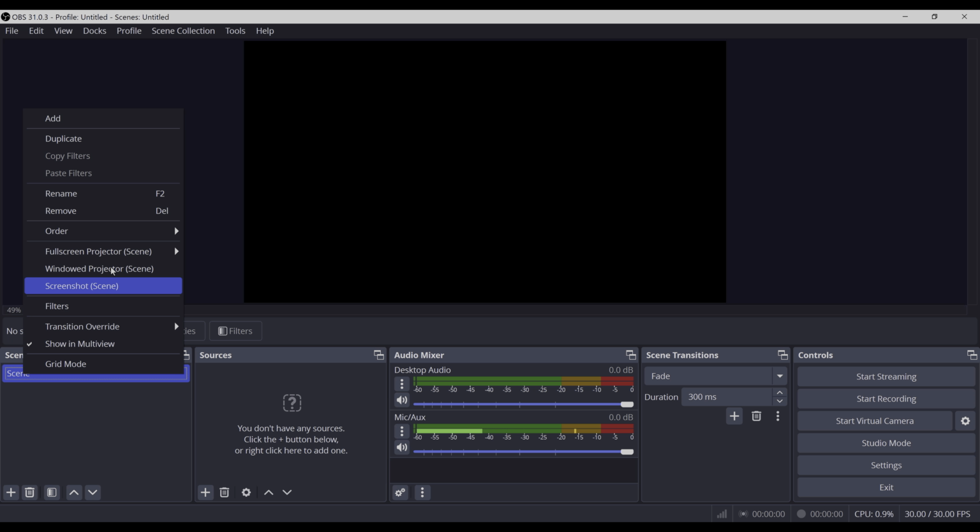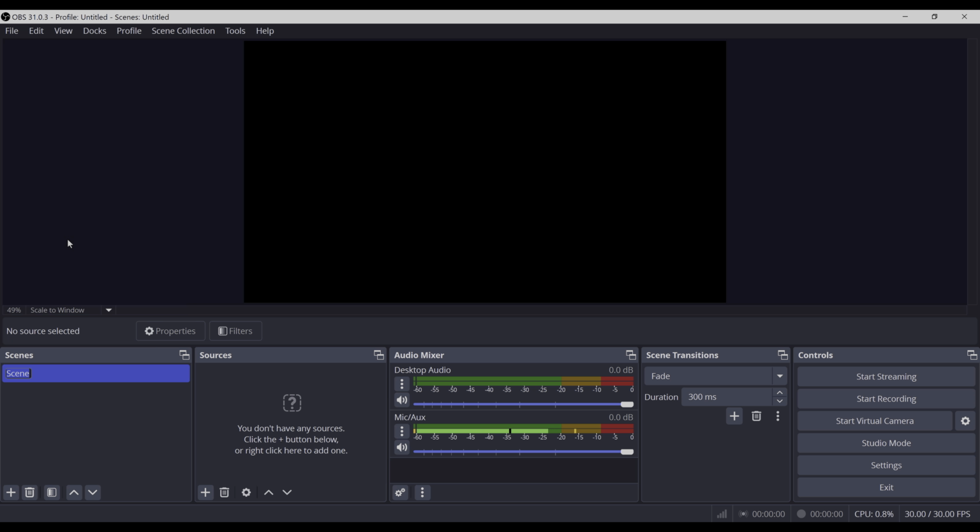Let's create a scene. So let's rename this scene, as we want to record our screen with audio. So, screen and audio. Okay, so for screen and audio source, we'll have one video source, which is the